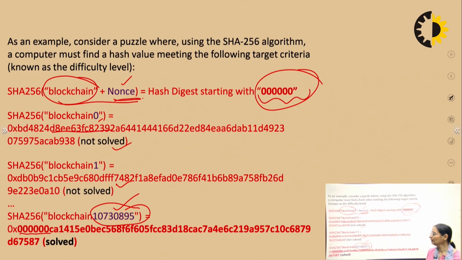So to come over here is a computationally intensive task. But once you have got the answer, you send it to other miners, and it is very easy. Within a fraction of time, the other miners can come to a common agreement that this is the correct answer. And that particular miner who has sent this answer becomes the leader.